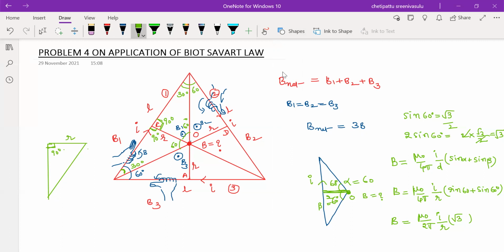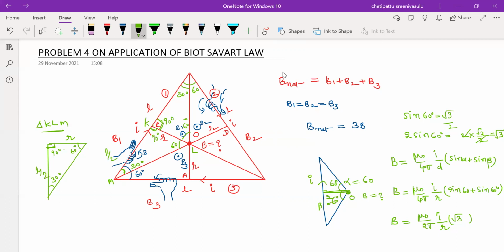From this part I am taking, this is K point, this is L point, this is M point. From that R value, triangle KLM, from that I am going to find out. What about this angle? Already we know that 60 degree. This is 30 degree. This side is L, so what about this MK? MK distance is L by 2.